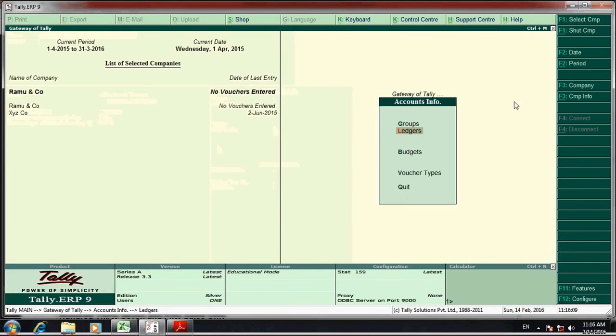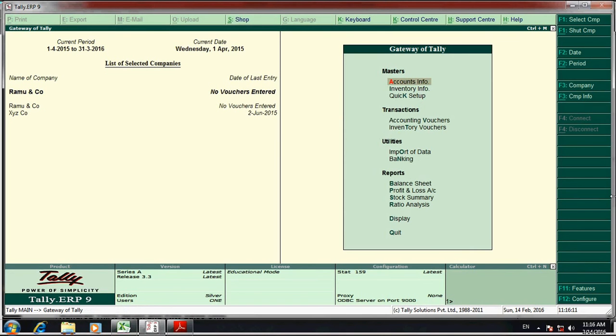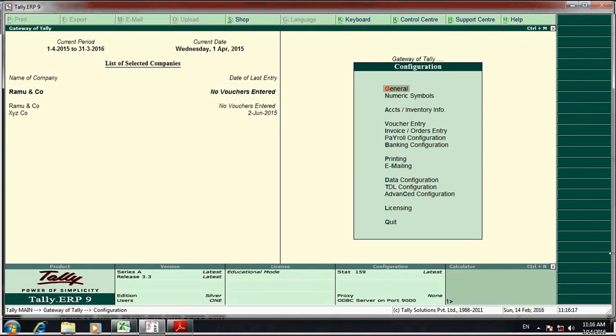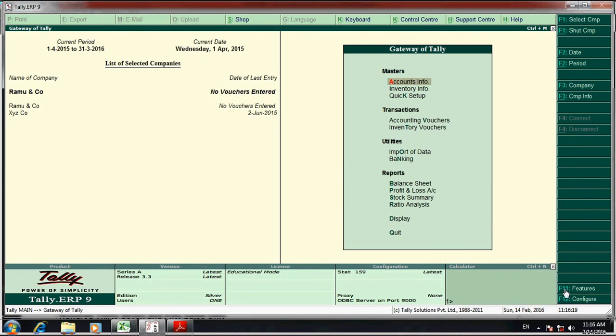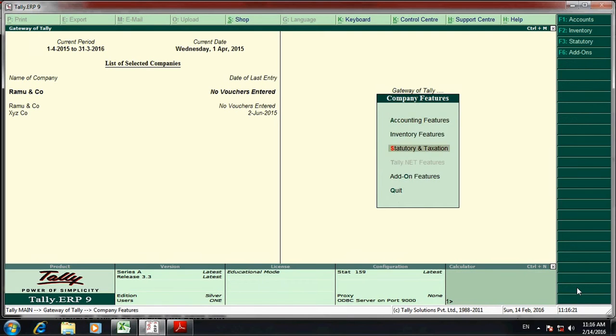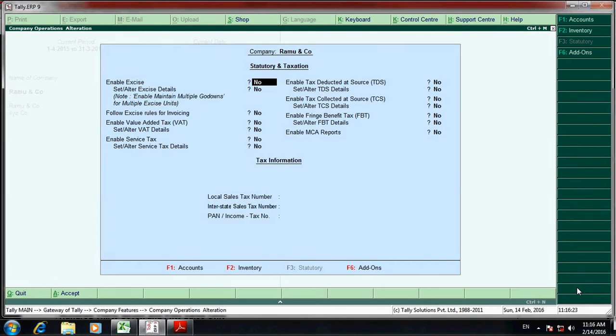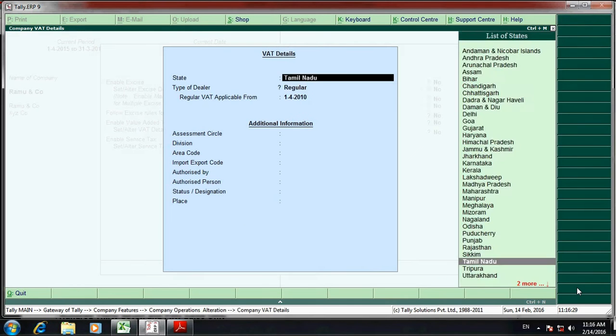Before this we have to set some settings for VAT purpose. Go here: configuration, F11 features, statutory, Ramu and Co. Enable VAT, yes.